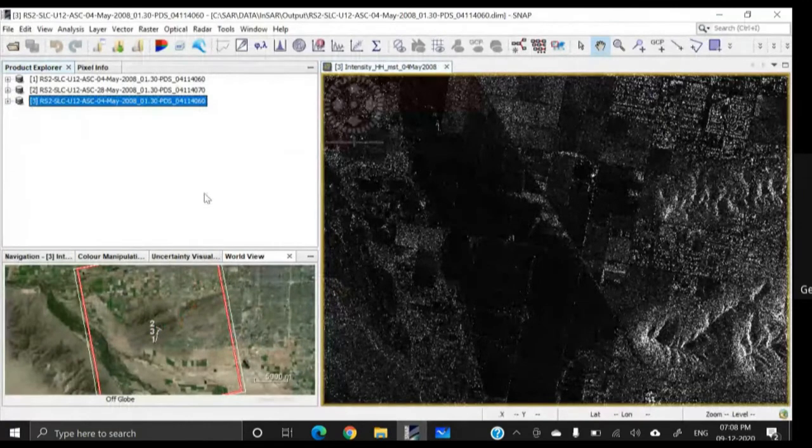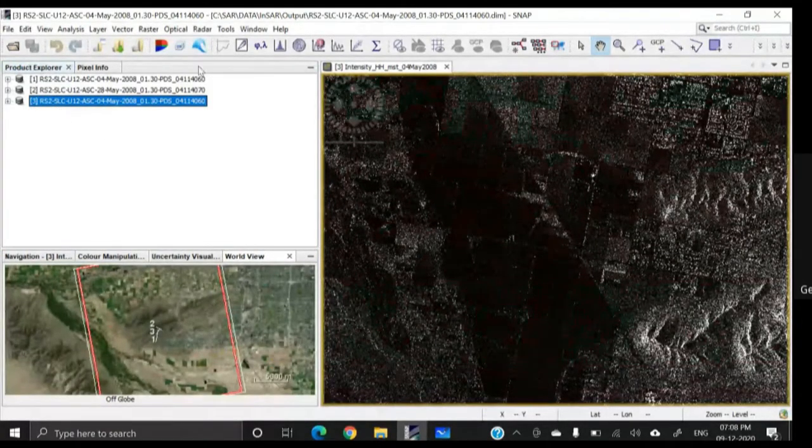So next, basically, we shall create a subset. But before going to create subset, I would like to mention one thing: the baseline distance. How to check the baseline distance? Okay, select the co-registered image.